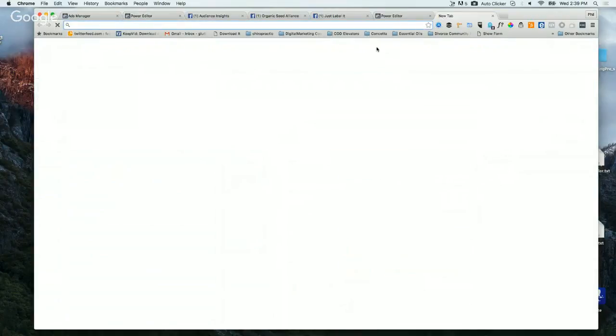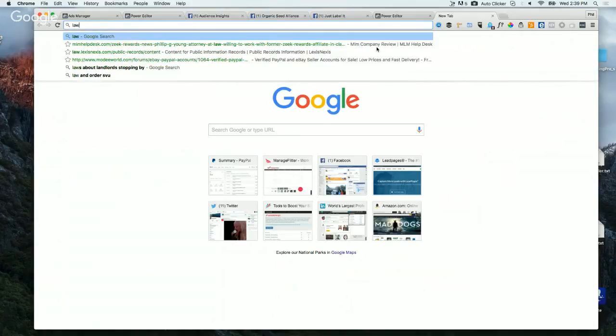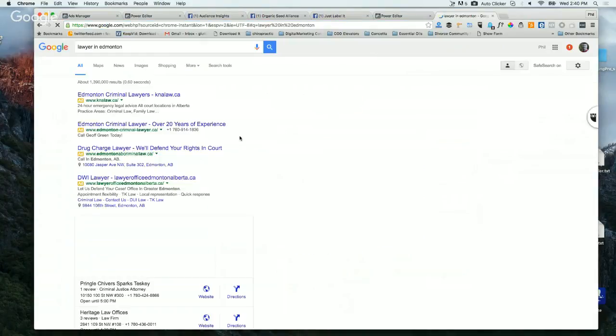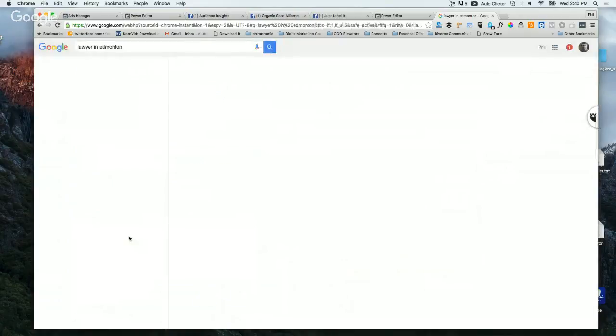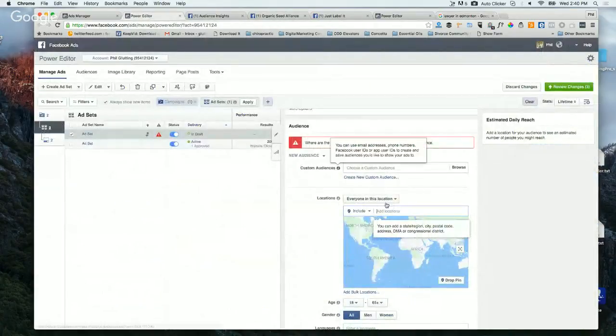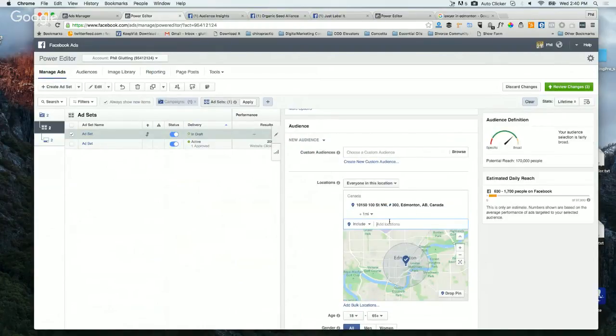I'm just going to do a Google search here for lawyer in Edmonton. So I got a location and I pasted it into this box, and then I'm going to hit search, and